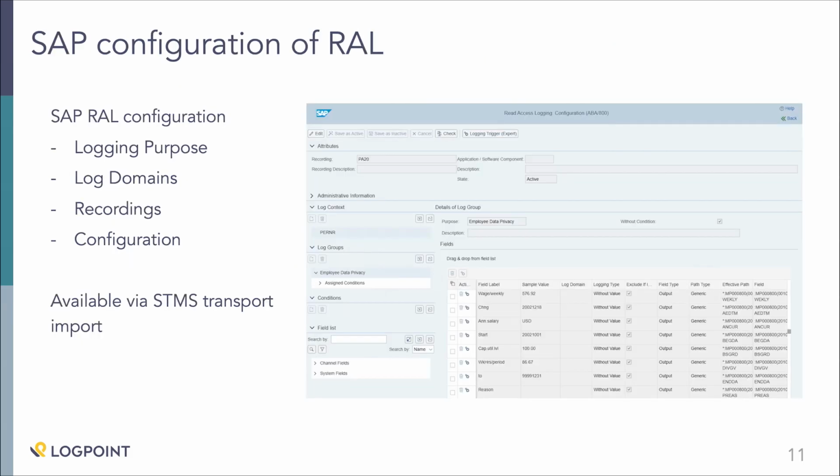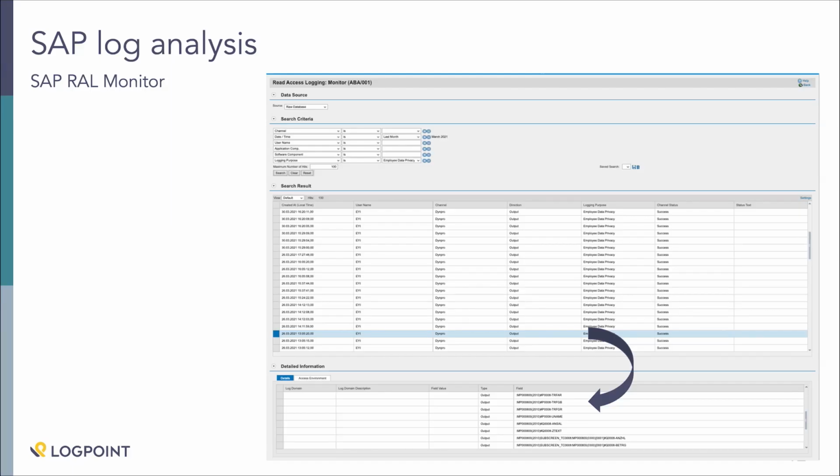This is how the configuration looks in an SAP system with regard to the read access log. We have provided all kinds of configuration, like logging purposes, log domains, recordings, and the configuration. All that is available via an STMS transport import, which is software or configuration deployment in an SAP system. This is how log analysis looks in SAP